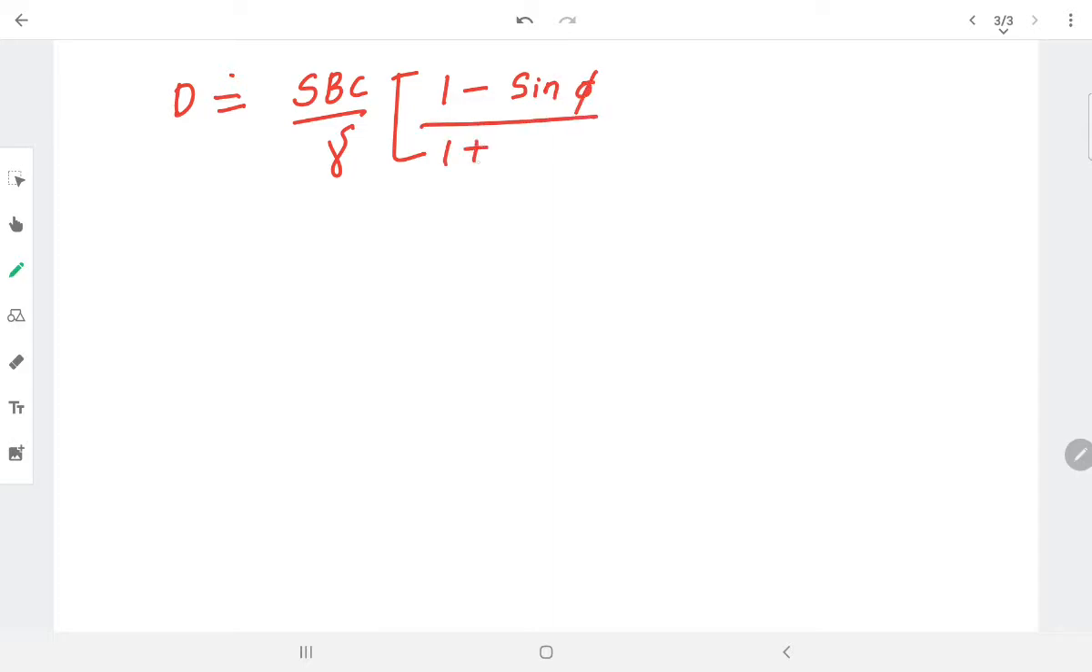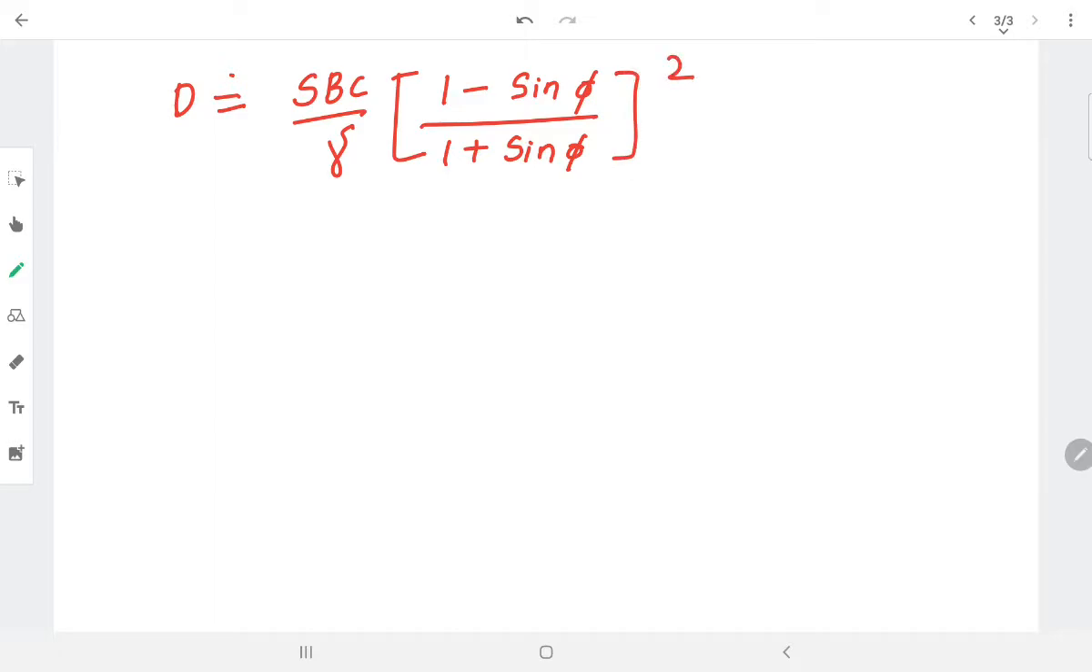So we have to calculate this, and we have the equation called Rankine's equation. The depth of foundation will be calculated by Rankine's equation, that is, depth of foundation D is equal to SBC divided by gamma, that is the density of soil, times (1 minus sin phi divided by 1 plus sin phi)